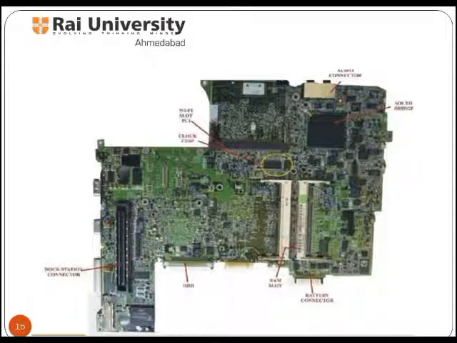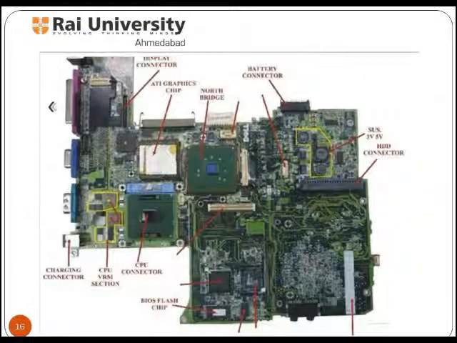You can see the USB port on the rear of the motherboard. Motherboard manufacturers often add a couple of USB headers so that you can connect an optional cable for extra USB ports. These cables are often supplied and you only need to add them if you need extra connectivity. You can see a display connector, battery connector and CPU connector in this image. Other components such as the graphic chip and charging connector are also shown for your information.